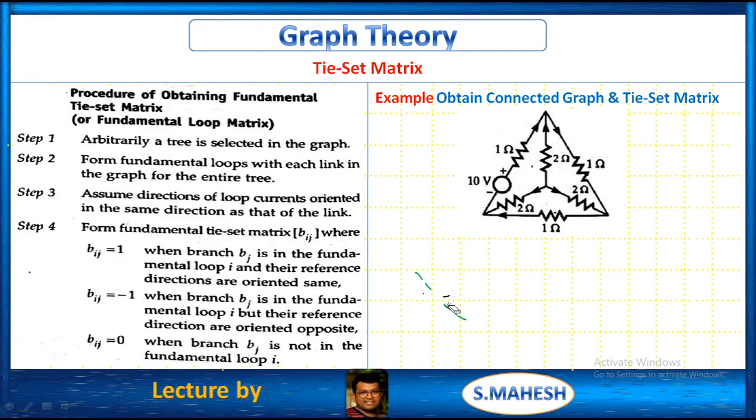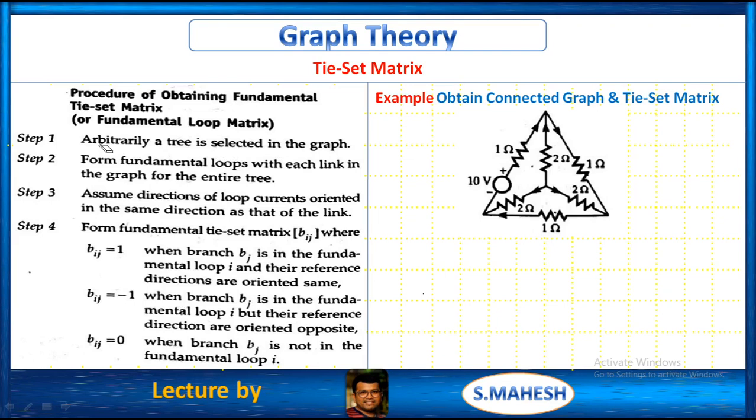Very simple. From the given network, first we have to get the incidence matrix, finally the reduced incidence matrix, then the tree. From the tree, we are going to get the twig matrix and link matrix. That is one of the procedures. So for the tie-set matrix, from the given network, first we have to get the graph, which is the combination of twigs and links. Based upon the links only, we are going to get the loop currents. That is the concept of the tie-set matrix. So this is the procedure to get the current from that.